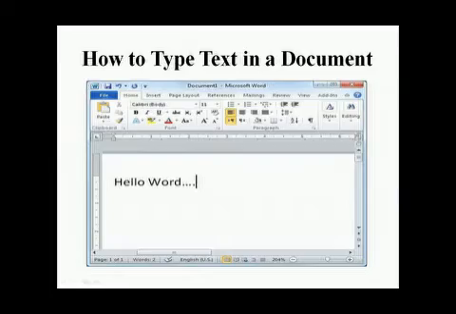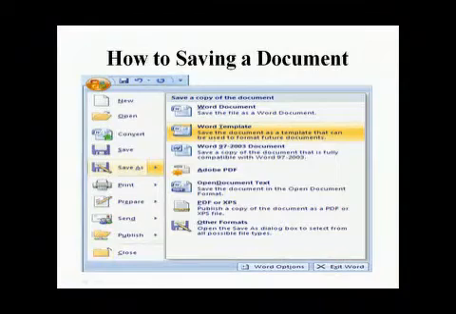Now when our typing portion is finished, we will move to the next, where we will save the document for future use. Now how to save a document, and why do we want to save a document? Now that you have created a document, you need to save it. Doing so lets you work on it later without having to retype the whole document again. Or simply you can say, if you want to use the same text in future, you have no need to retype the text again. For that you have to save the text.